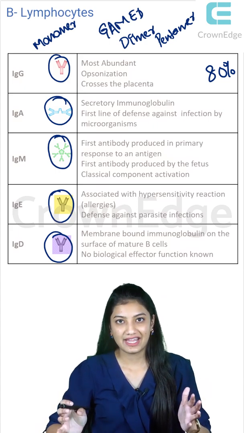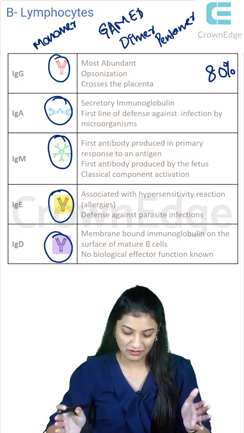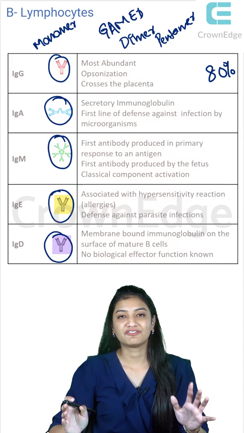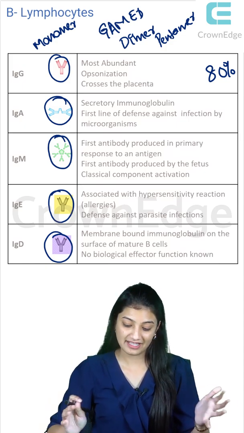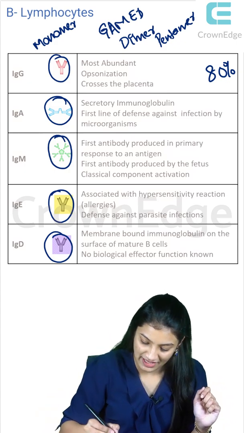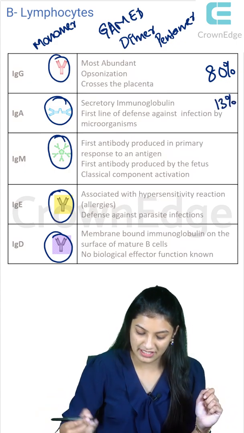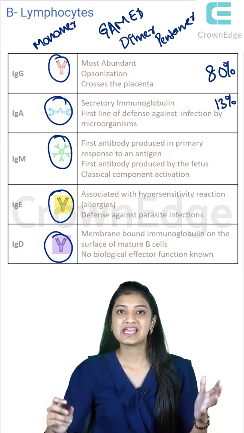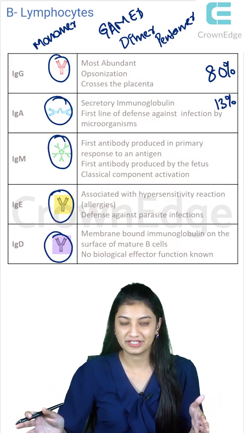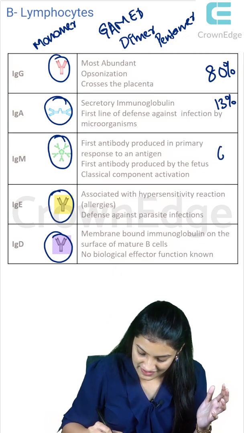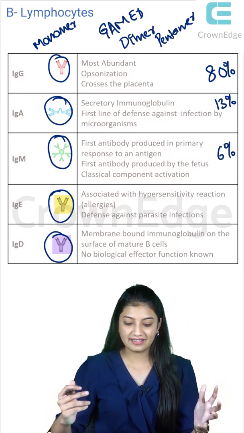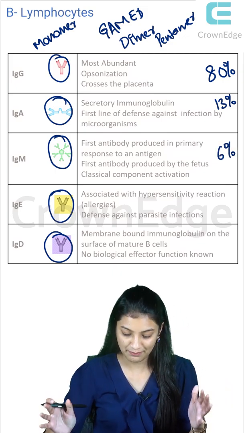Second, IgA. They are the secretory immunoglobulins, and they mark the first line of defense against infection by microorganisms. They make up to 13%. So IgA are secretory immunoglobulins. Next comes IgM. They make up to 6% of the total, and they are the first antibodies which are produced